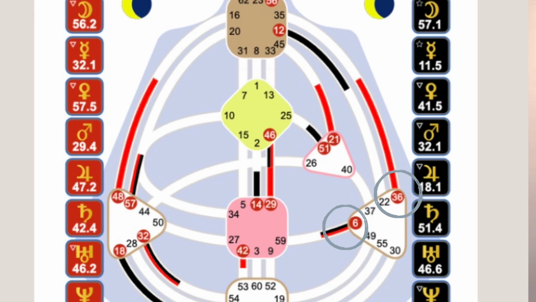But now moving on to her unconscious earth, you thought conflict was bad. So she has crisis in her unconscious earth. So your earth on both sides is how you ground. So the sun is your identity, and the earth is how you ground that identity, right? And so both the 6 and the 36 come out of the emotional center.